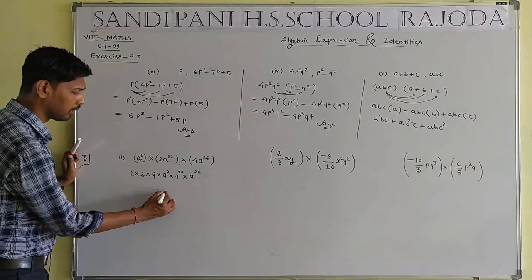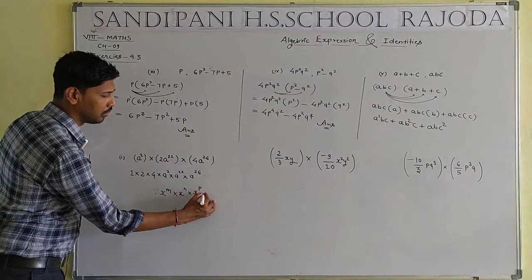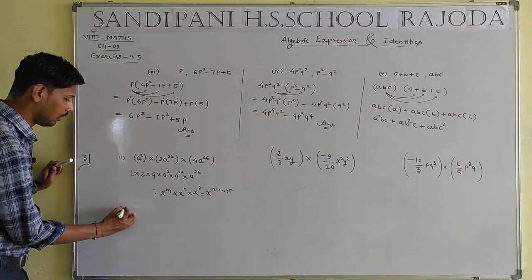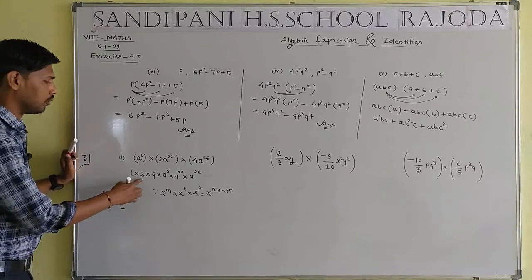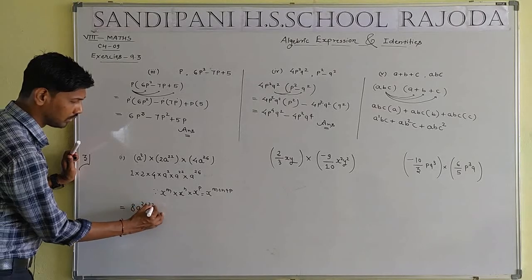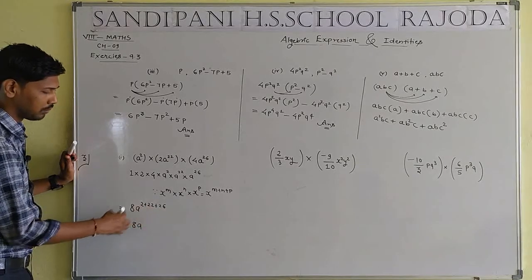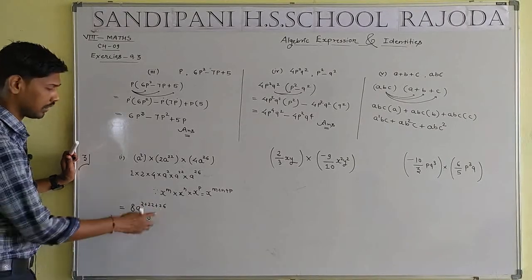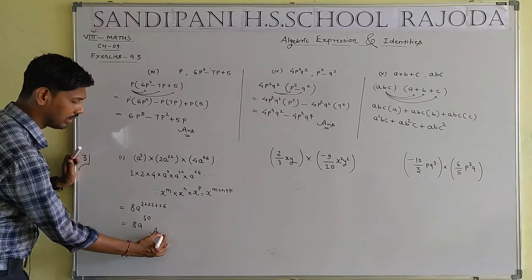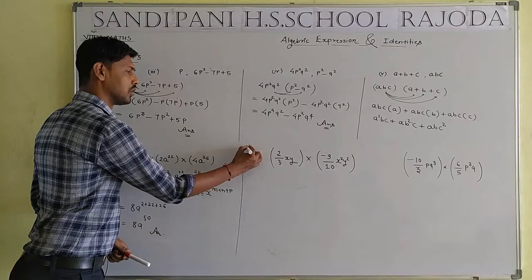Student, we know about the property of x to the power m, x to the power n, x to the power p, कितने भी हो बेस सेम, so power will be added m plus n plus p. Okay student, 1 into 2 will be equal of 2 and 2 into 4 will be equal of 8. a to the power 2 plus 22 plus 26 will be equal of 6 plus 2 is 8, 8 plus 2 is 10, 10 will be equal of 0, carry 1, 2 plus 2 is 4, 4 plus 1 will be equal of 5, such that required solution 8 a to the power 50. Okay student, now we moving with the second question of the question number 3rd.